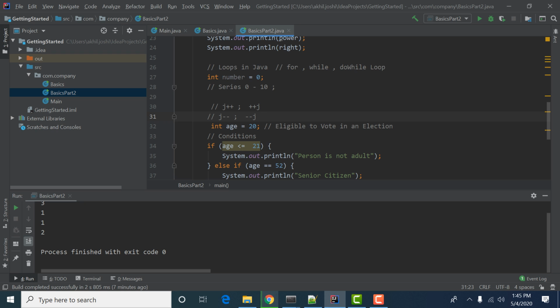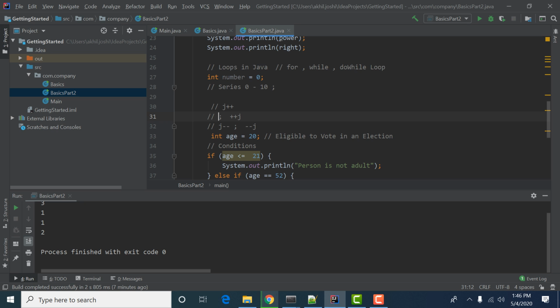What the heck are these things? In this statement, we are saying that we have to increment the value of variable j by 1. So this actually means j is equal to j plus 1.